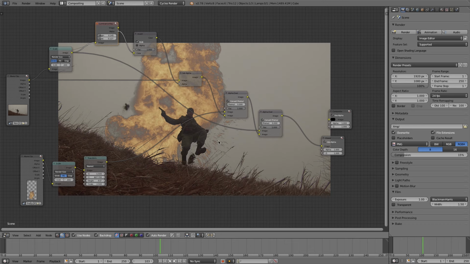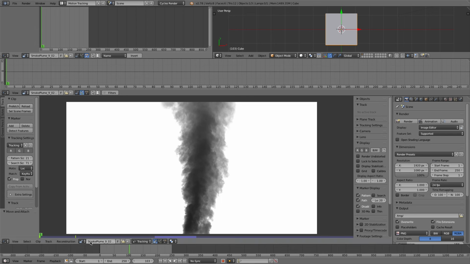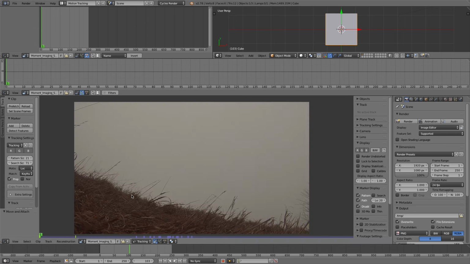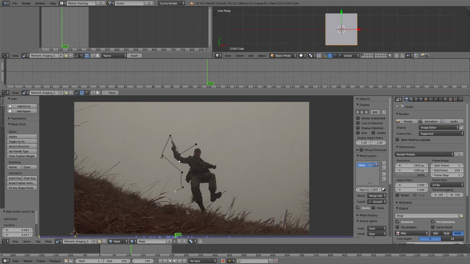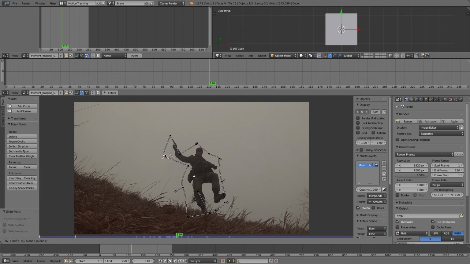You would just have to do some rotoscoping. So that's a pain, but all of that is done inside your motion tracking section. So if I bring back my footage, you would just create a mask. You'd go from tracking to mask, and you would create a much more detailed mask than this around your actor, however detailed you want that to be to isolate your actor. And then frame by frame, you would have to animate that mask. Okay, so rotoscoping,